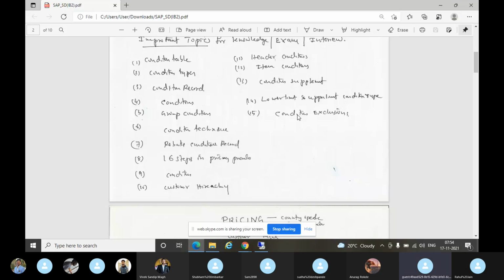Condition, group condition, condition scales, header condition, item condition, condition exclusion. These are all very important.